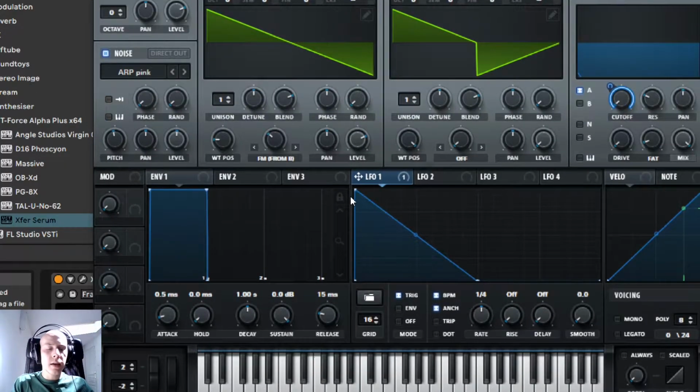We will create a very similar LFO modulation as in the LFO1, so let's press the left Alt key and drag the LFO1 tile towards the LFO2 tile. Now we have copied the LFO settings. I will drag the LFO2 tile towards the level control. Let's set the modulation range.